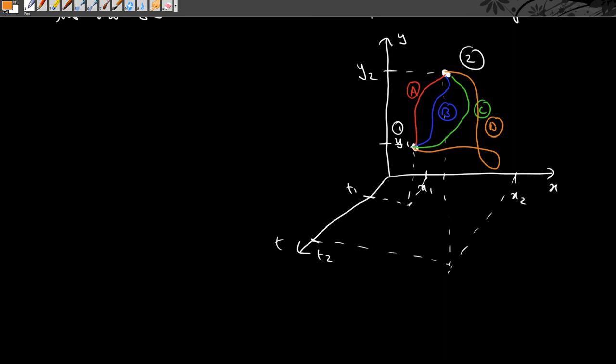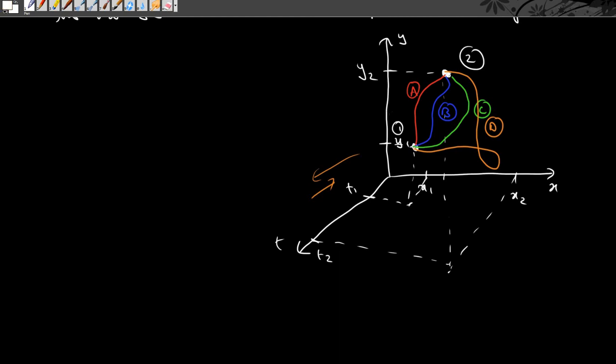Now remember, these paths never go reverse in time. So this D, this loop I have drawn, is like the helical shape of a spring, which means it never goes in this direction. It is always moving forward along this axis, so you have to imagine it that way. These are the different paths which the system may take, but we don't know which of them is correct. We already know that it has to start at point 1 and end at point 2.